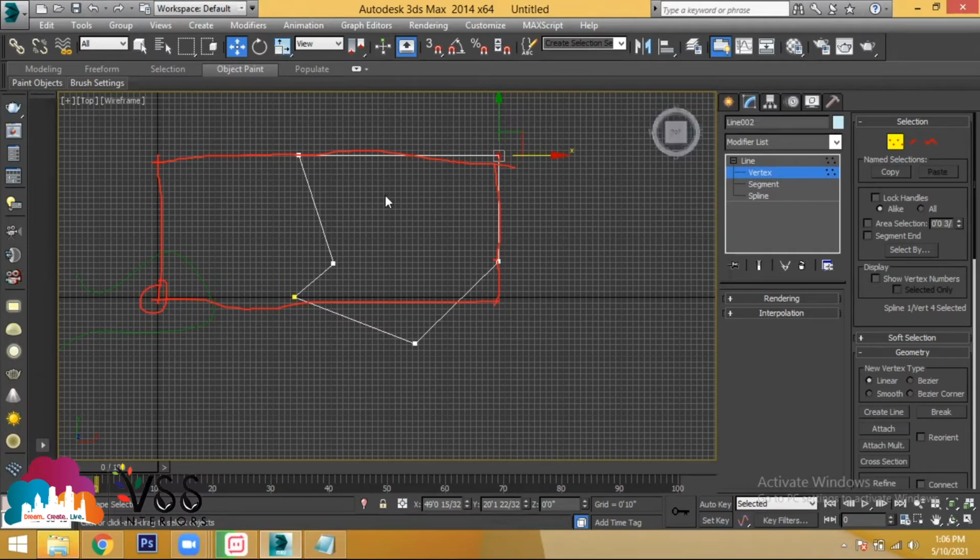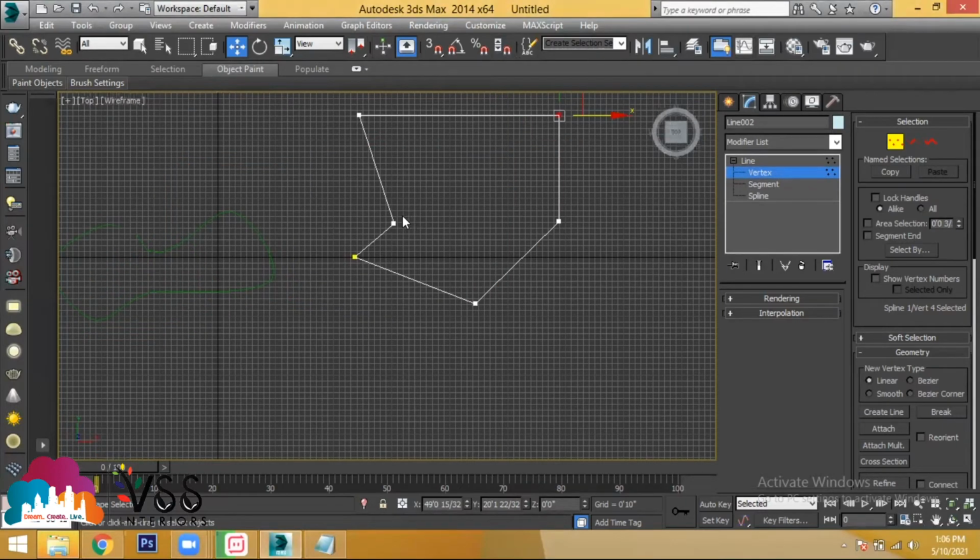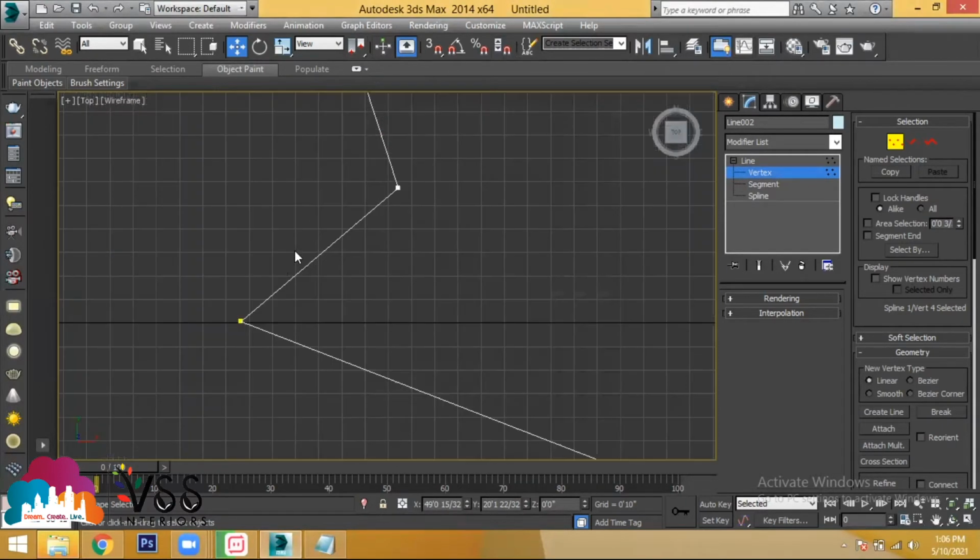Now let's go with the other. Did you understand this? Now next, we will see the other points. Let's say, for example, this is a line. Let's say you have this inclined line.